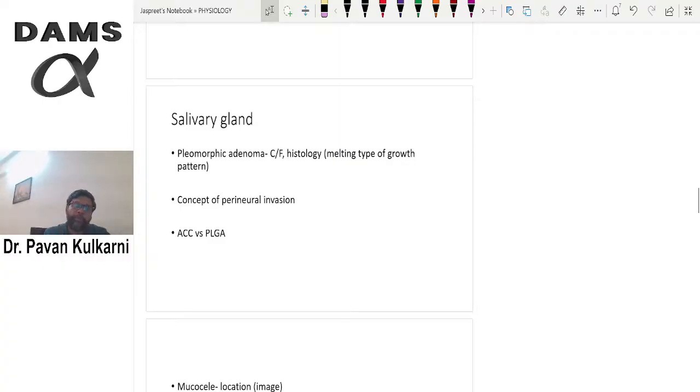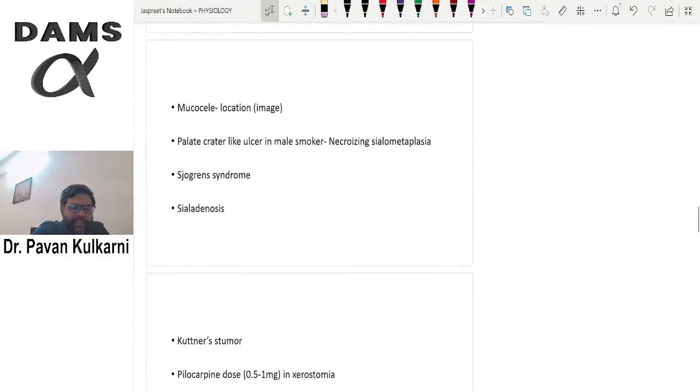And you should know about perineural invasion. What is perineural invasion? Which are the salivary gland tumors which can show perineural invasion? Okay, so that is what you are supposed to know in case of salivary glands. Now let us move on to the